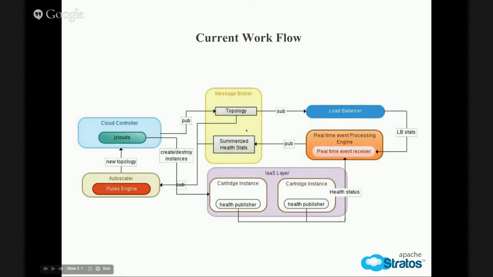Each and every cartridge has a health publisher, and those health publishers publish the health statistics data of load average, memory consumption, and in-flight request count to the CEP using the thrift protocol. In the CEP, it will calculate the average values of the data and then publish the data to the message broker's summarized health stat topic, and then the autoscaler will be subscribed to that message broker topic and use the